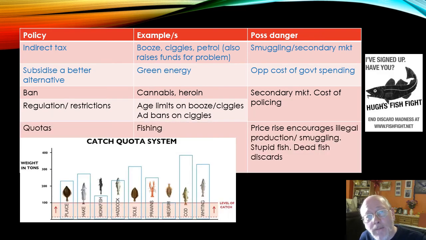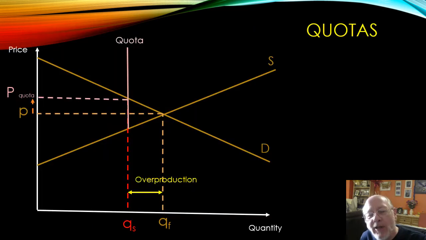Another non-market measure is to impose a quota, which is a physical limit on the number of goods you are allowed to produce. For example, with fishing, there are fishing quotas. There was a lot of discussion about this during the Brexit negotiations. Now, a relatively straightforward diagram to show this is this one. So you can see the government has imposed a quota shown by that pink line. So though the free market would like to produce QF, it actually is only allowed to produce QS. That, of course, will drive up the price.